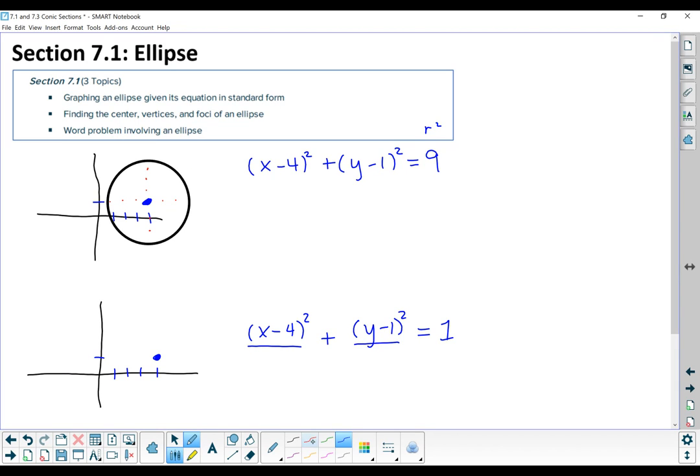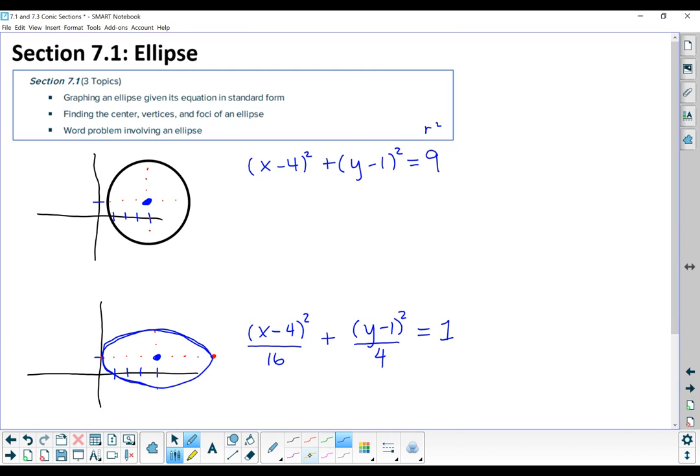Maybe our ellipse is 4 in one direction and 2 in the other, an elongated circle. In that case, you would see a 16 denominator here and a 4 denominator here,